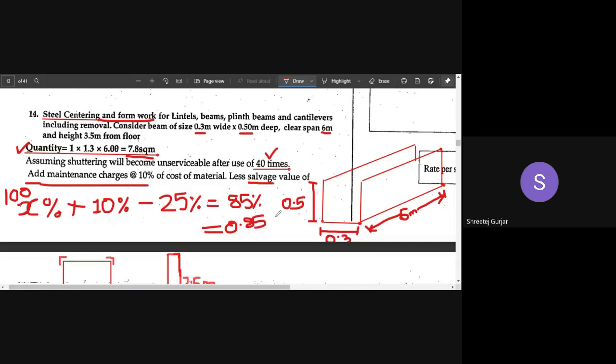Now we have to divide this by 40 because this is the reuse number. We can reuse the steel 40 times. This constant value is very important. You have to multiply it with every material quantity that you calculate. Suppose you calculate the quantity of panels, in cubic meters or square meters, multiply that by this constant. Suppose you calculate the battens or angles required for this steel work, multiply that quantity by this constant. So every material calculation has to be multiplied by this constant, 0.85 by 40.